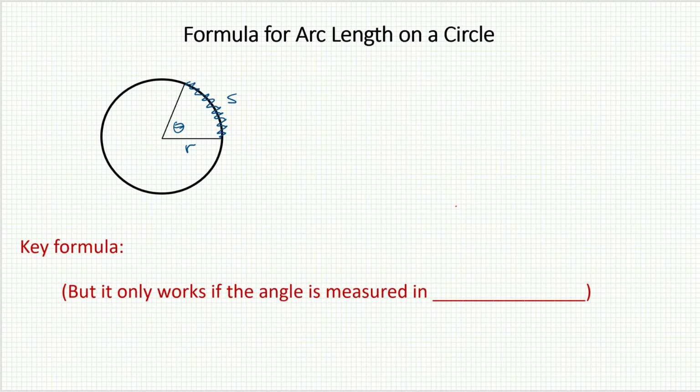Well, the key to developing a formula is realizing that s and theta are proportional to each other, which is really just a fancy way of saying if you were to double the angle, then of course you would double the arc length, and so on. Triple the angle, triple the arc length. If those two items are proportional, then every time I form the ratio of s to theta, it's got to be the same. Well, let's write down one ratio that we do know, and that would be the ratio for